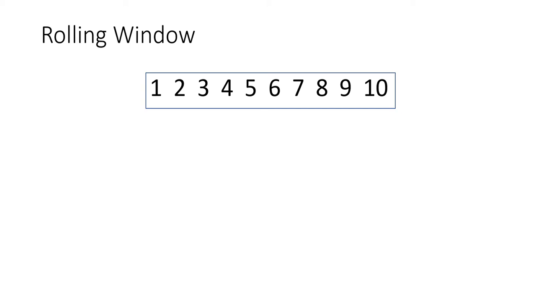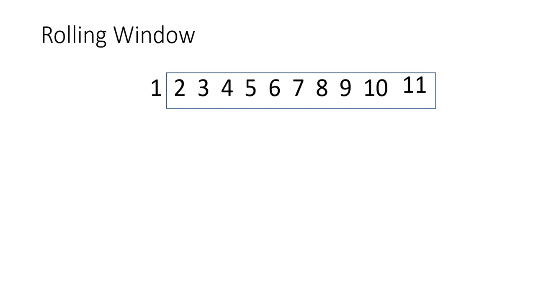Well, what happens when the next day comes along? As many of you probably could expect, day number 11 comes along, we get that rolling window. And now day number 1 is kicked out of the system. And we're now using this new information, this new closing price on day 11, for our moving average. So this window will continue to roll depending on how many days you're looking at. In this case, it's a 10-day moving average, so it only calculates the most recent 10 days in its price